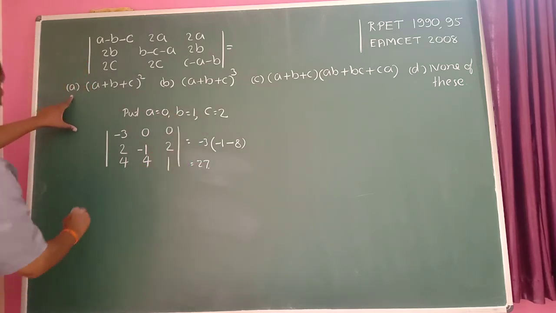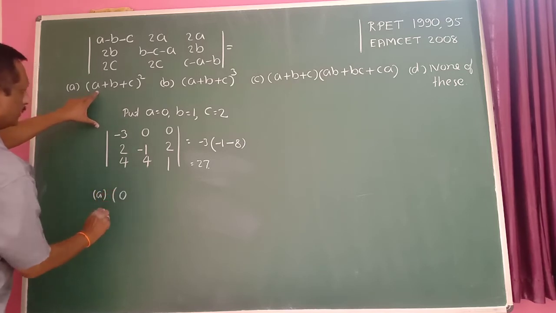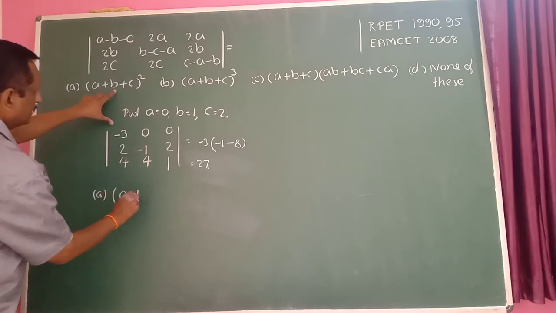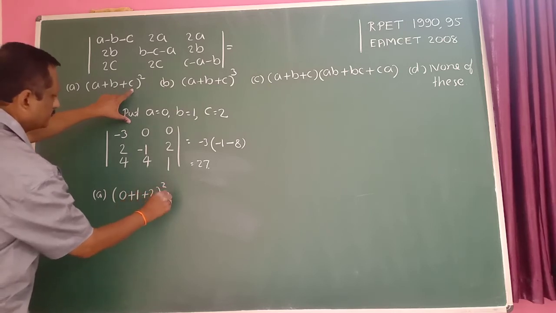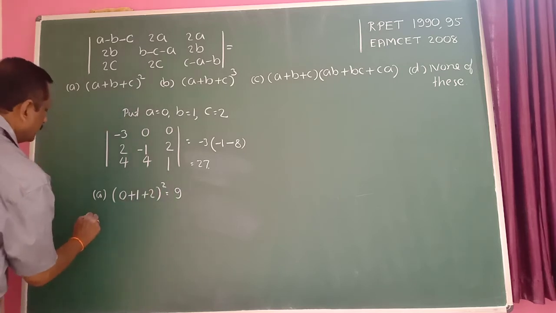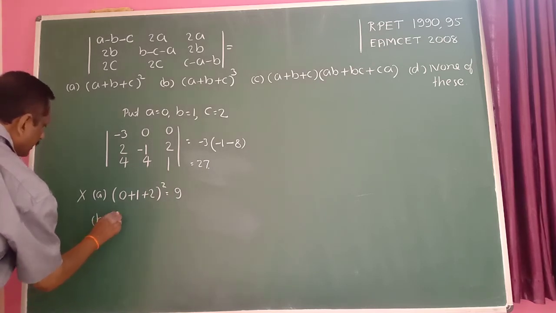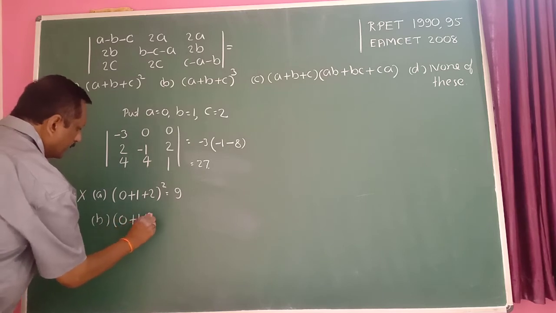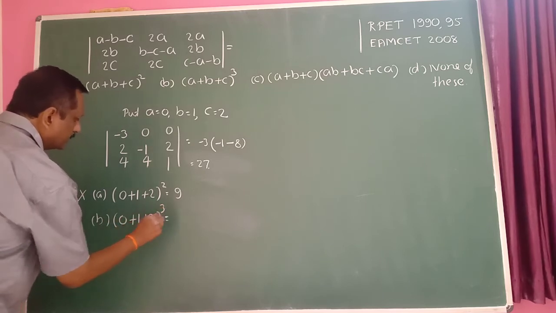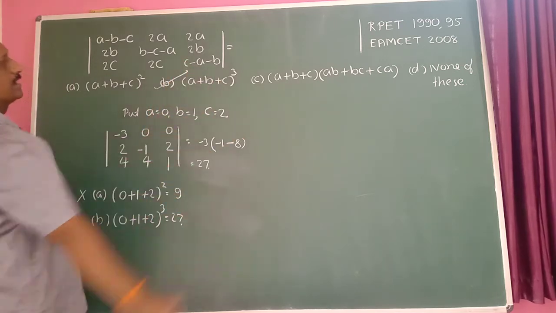If you take the first option here, put A value 0, B value 1 and C value is a 2 here. Then 2 plus 1 becomes a 3, 3 square is a 9 here. So first option is wrong here because here we want 27. Second option here, again A value is 0, B value is 1, C value is a 2 here. It is a Q here. The Q is a 27, so this value 27. So B is the correct option here.